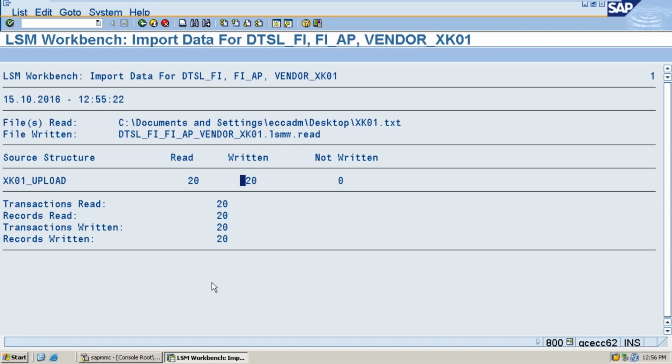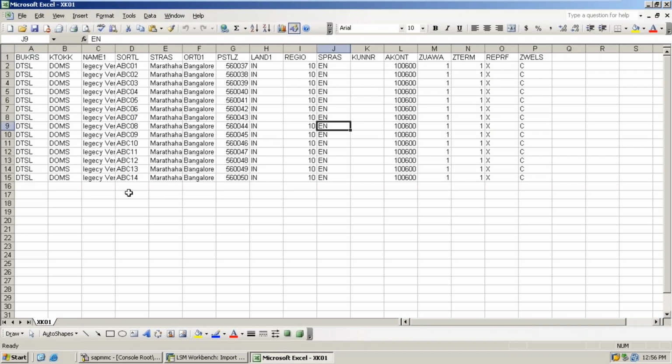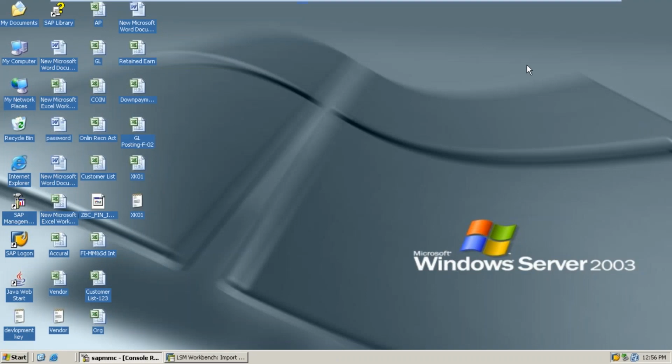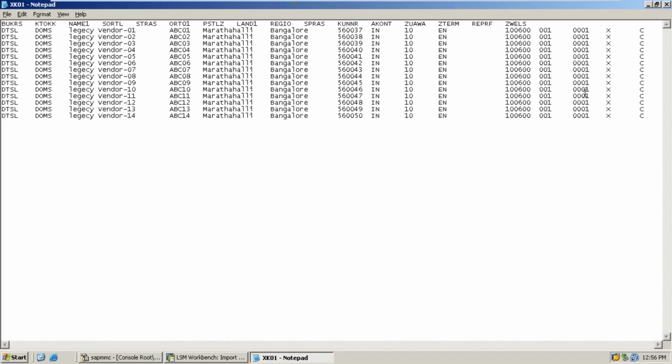Okay, we'll see. See, 20 records. Actually, I am trying to load only 15 records. Why have 17 and 20 records come? Now I'll just go and see here. Is there any empty space? This is the last field, right? Keep the cursor here, click on the delete option. If there is any empty space, it will be deleted. Then save it.